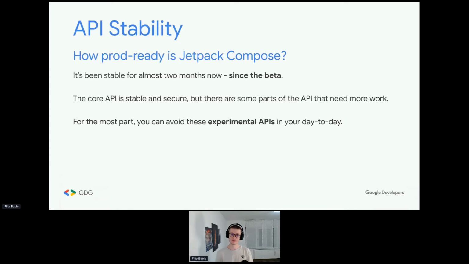There are some experimental APIs currently in your day-to-day work, such as the permission API, the grid API, and some of the material or foundational APIs, such as modifiers and click listeners and so on. There are some things that are not very stable yet, or that might be prone to change. But for the most part, the fundamentals themselves are very, very stable and are not changing that rapidly.